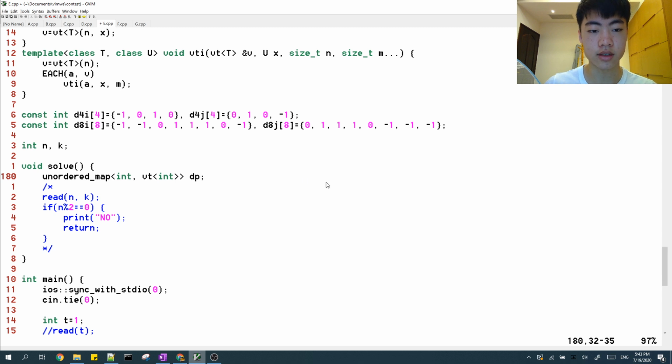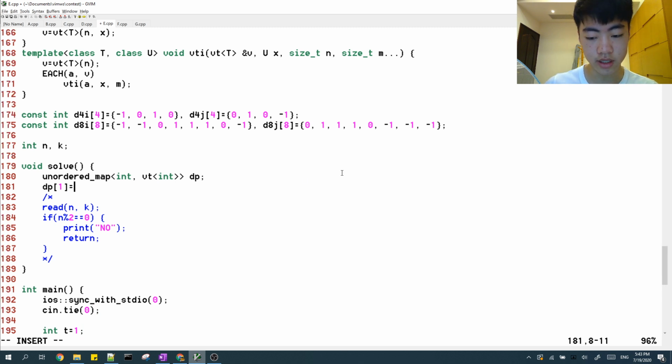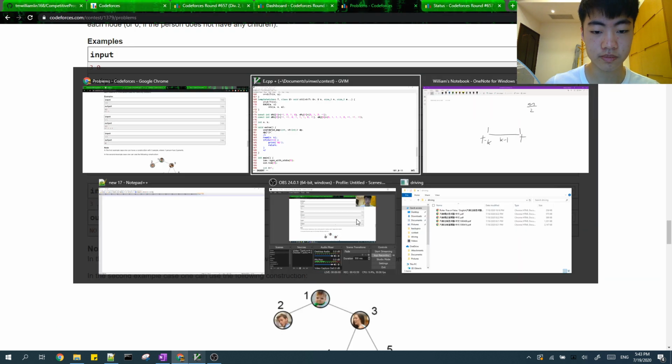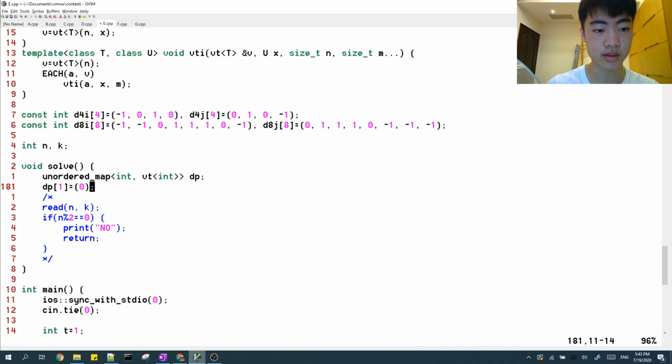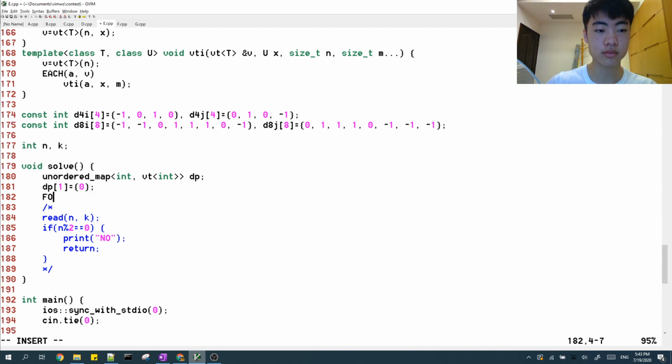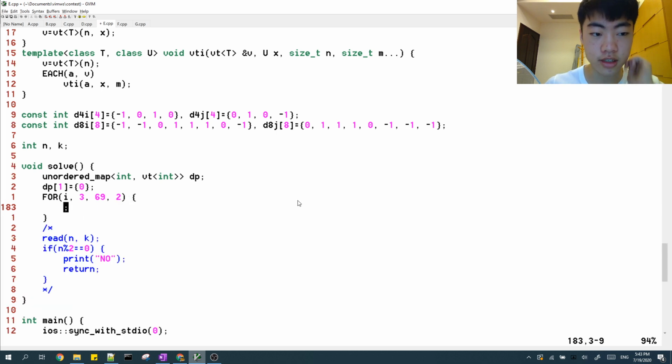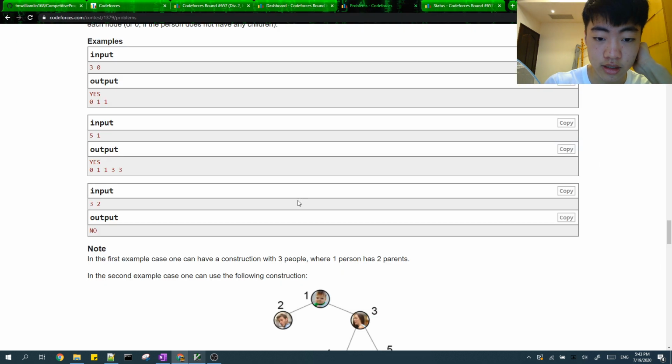This is basically DP of 1. That's just equal to 0. Wait. Yeah, okay. 3, and then let's go up to 69, and then with increments of 2 because they need to be odd. And then